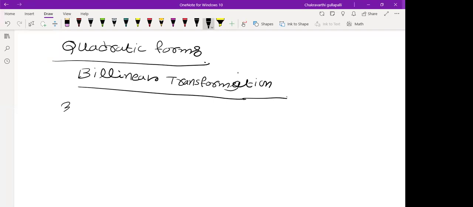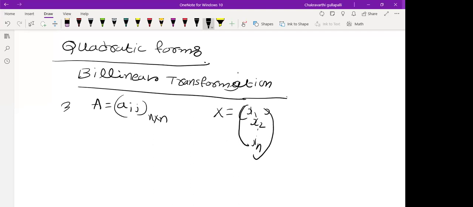So what is the bilinear transformation? Let us say this you don't have in your syllabus, but quadratic form is part of bilinear transformation. So we should discuss what is the difference. So if we have A, any n by n matrix, Aij, and x is nothing but n variables, x1, x2, xn. It may be given vertically or it may be given horizontally. So if it is given vertically, and y is nothing but y1, y2 to yn,